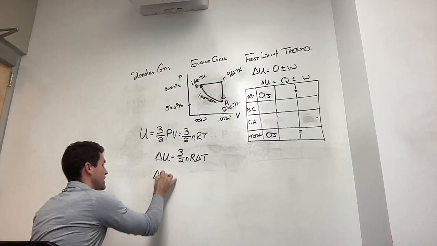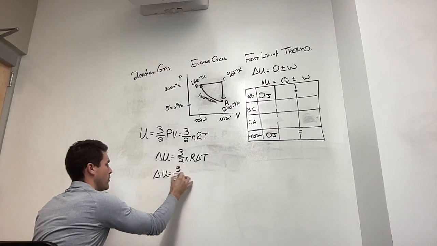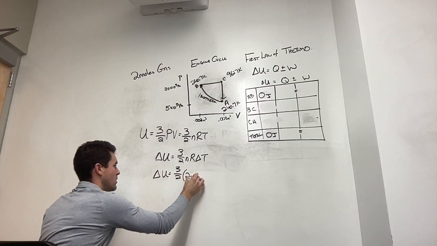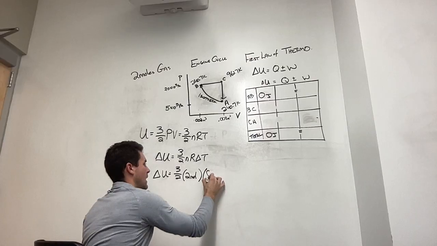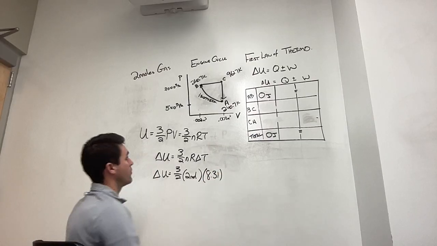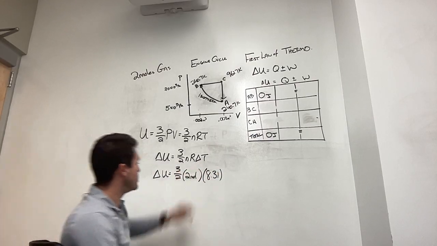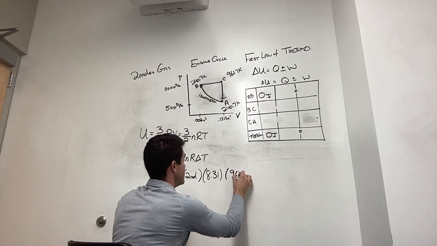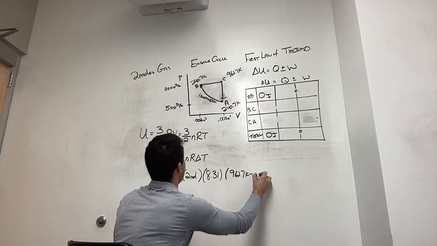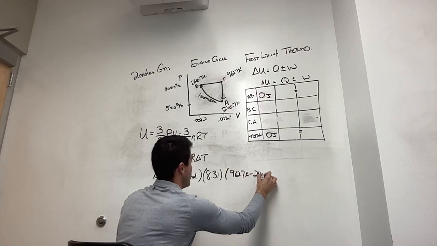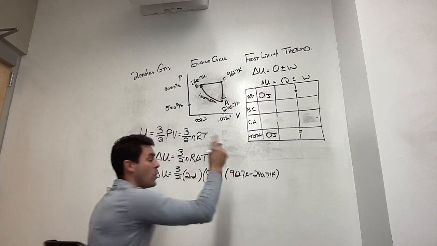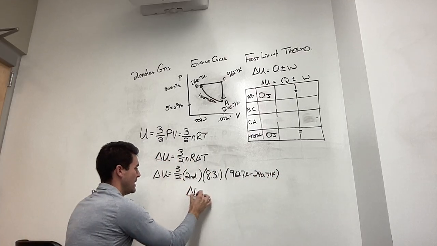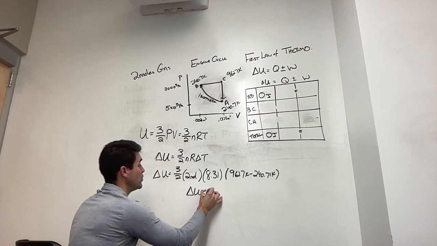I'm not going to do it for both, but this will be 2 moles, 8.31, and let's do from B to C. So from B to C, 962.7 Kelvin minus 240.71 Kelvin. If I do all this, I get the change in internal energy is equal to